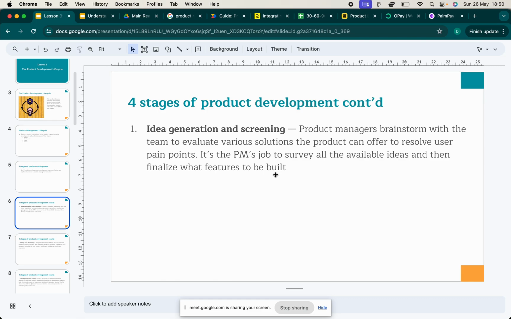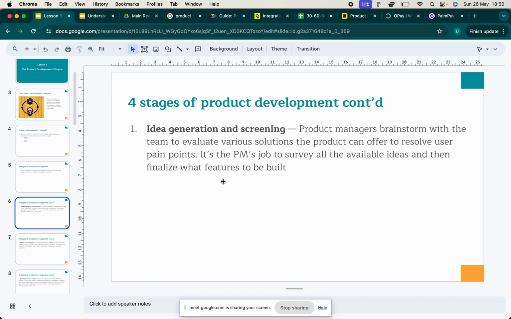And so before trying to solve that problem, they have to try and generate ideas: what can we do that would help us resolve that problem? And so from a product management function, from your perspective, you want to be able to brainstorm different ideas.